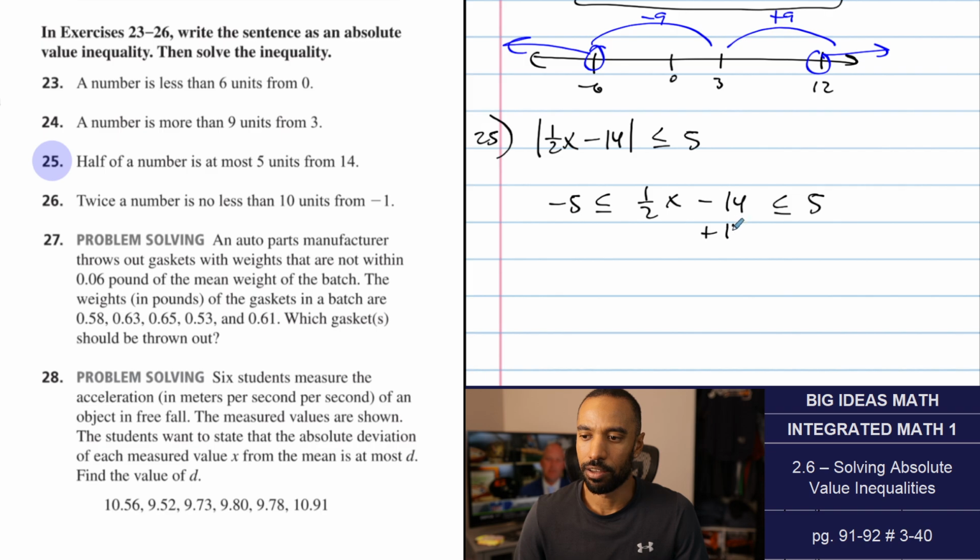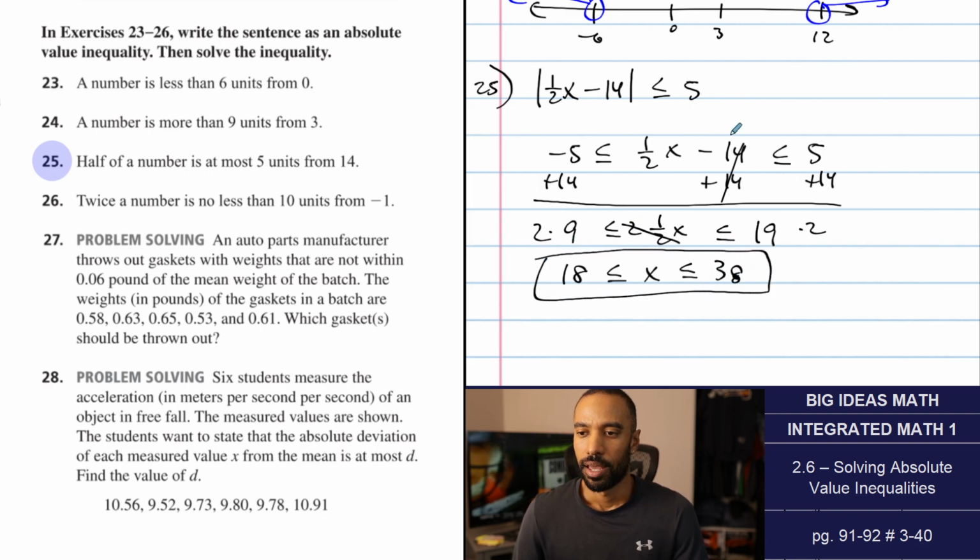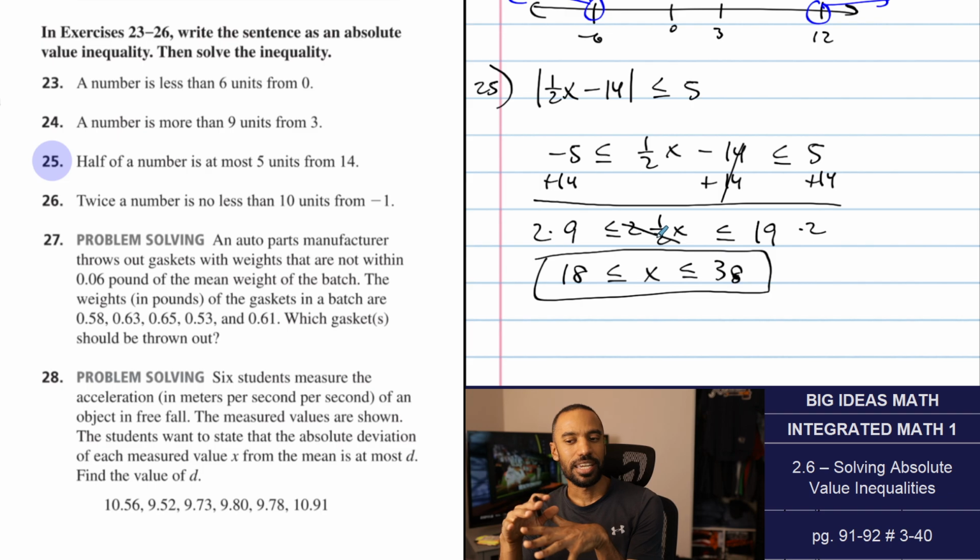I will add 14 to all sides. It's 9. And then I will multiply everything by 2. Okay. Half of 18, 9,